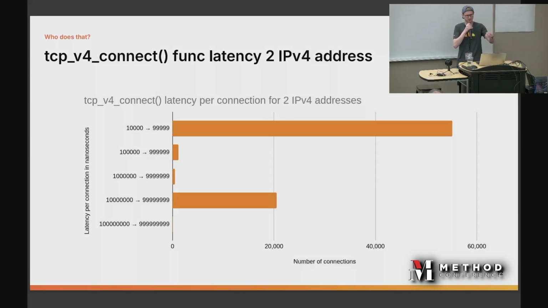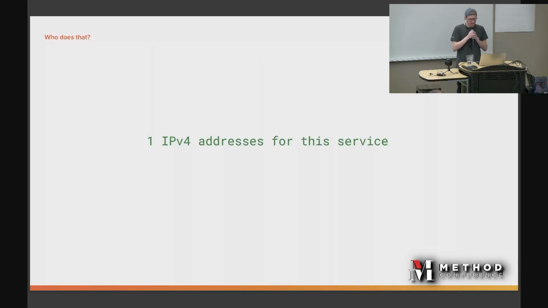I know it's a little difficult to read, but on the y-axis we have nanoseconds. On the x-axis we have the number of connections, and we can see that the vast majority of the connections are really, really fast. Lower nanoseconds, better, more fast, more fun. But then we can also see that we have a bimodal distribution where some of them are not quite as fast. So we wanted to take a little bit more of a look into that, because we don't want two IPv4 addresses,